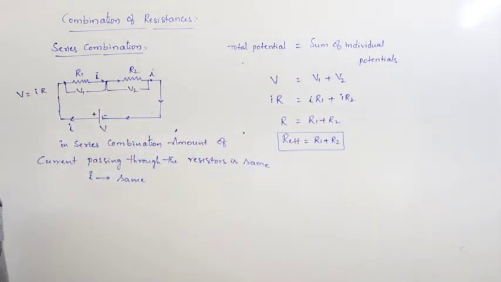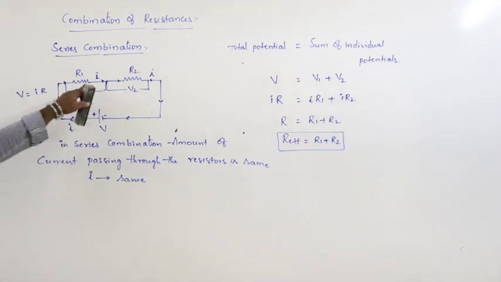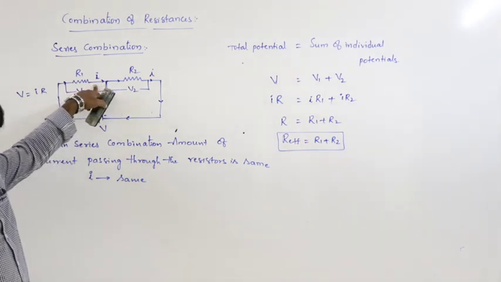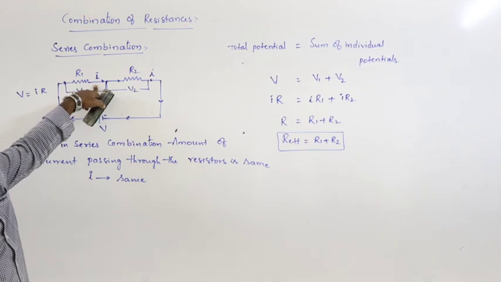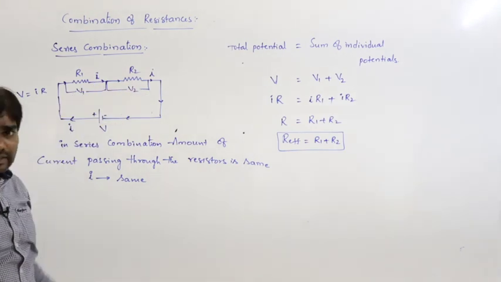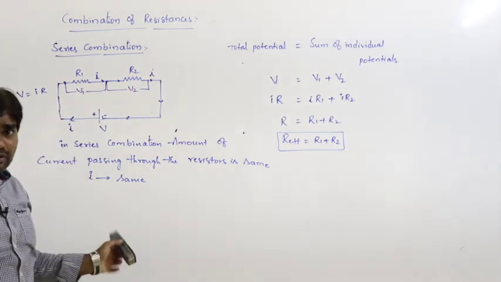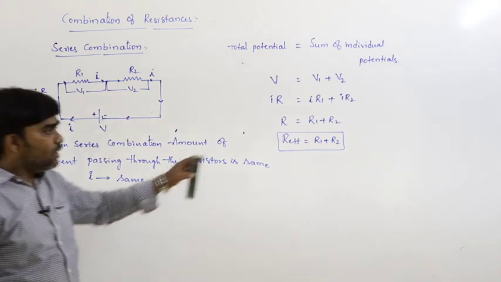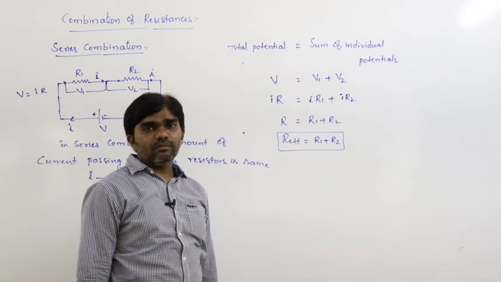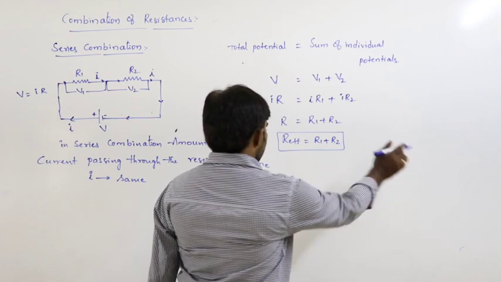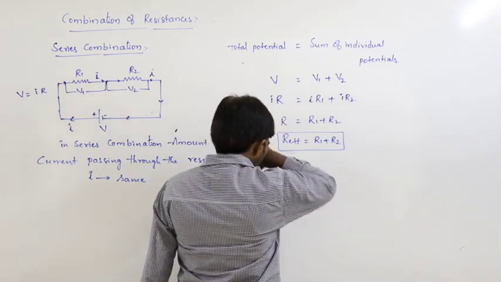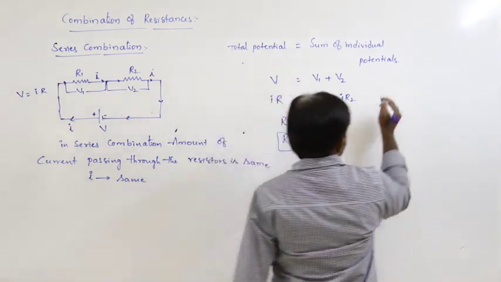Effective resistance in series combination is R1 plus R2. If two resistors of resistance R1 and R2 are connected in series, what is the effective resistance? R1 plus R2. Here, R effective is equal to, for example,